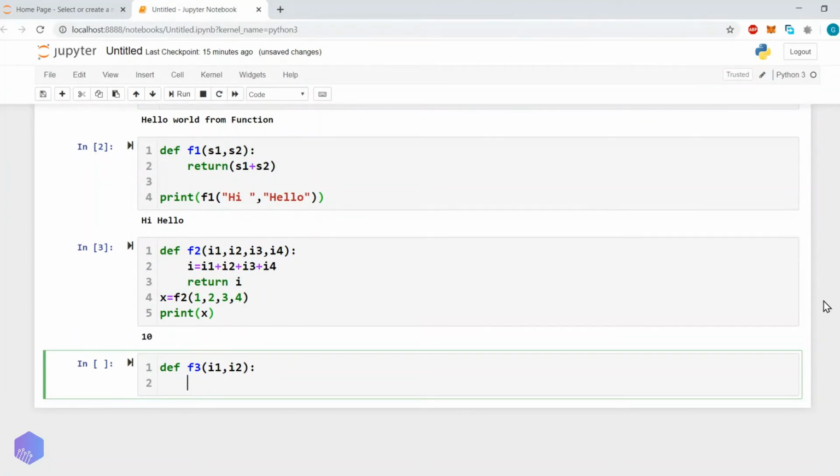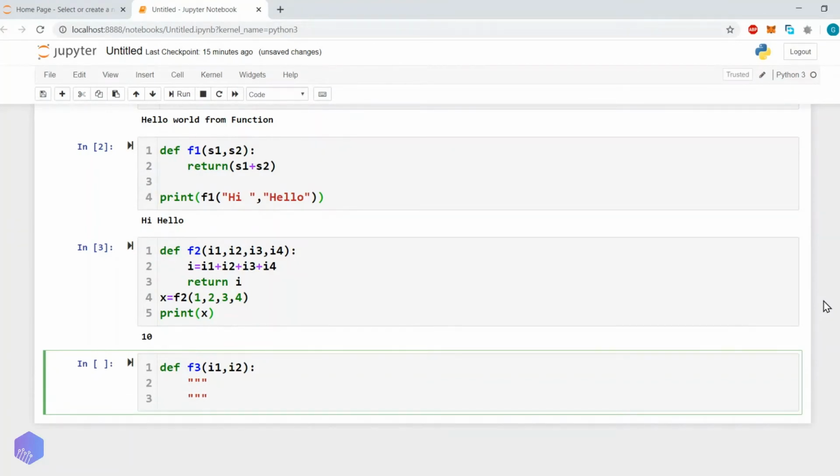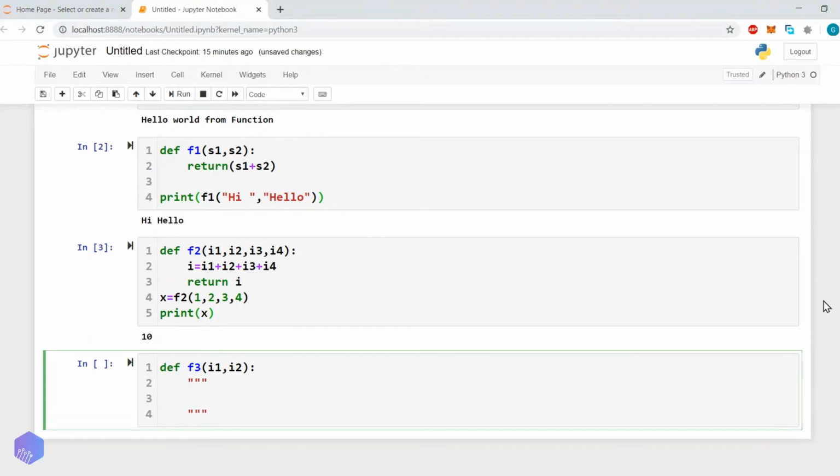To write the doc string, we will use triple double quotes, three times double quote. Then we will write: this function performs multiplication of two numbers.